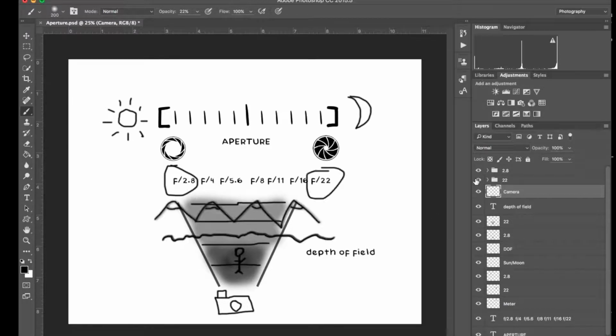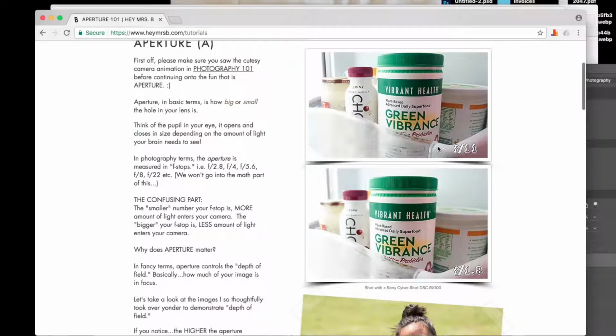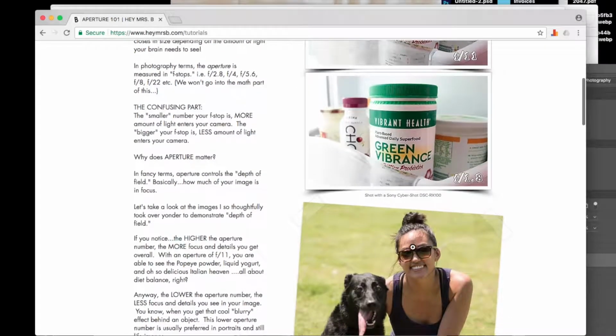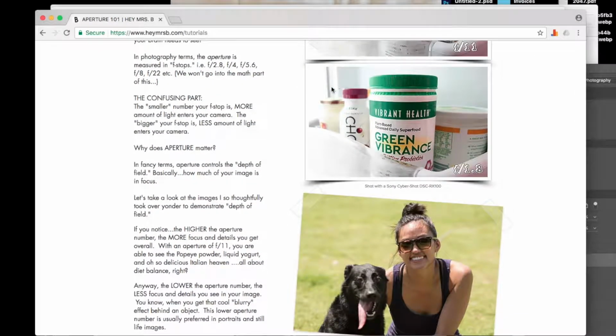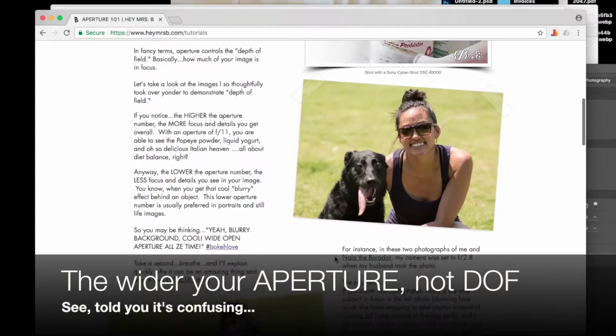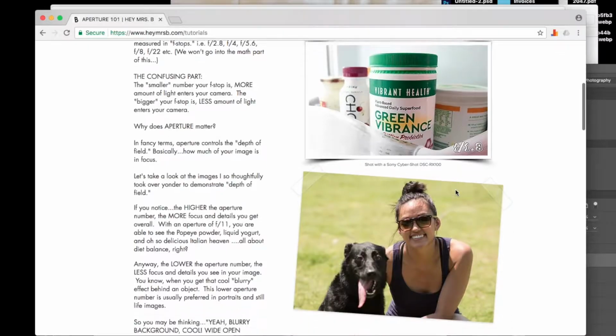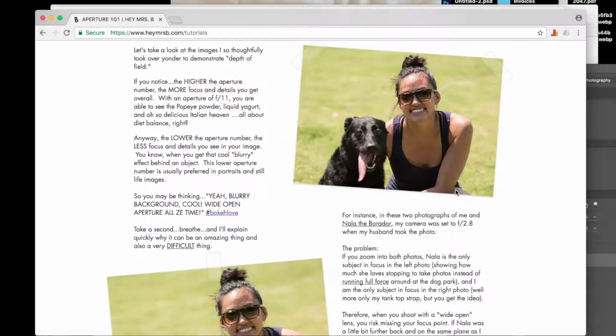So let me explain that with our example on the website. If you look here, f11 is going to be a very small hole, so we're going to see more. We see the Vibrant Health text, and then we even see the Classico here. But whenever our lens gets wider, we get a shallower depth of field. So Vibrant Health is in focus, but you can't see the Classico anymore. Okay, so the wider your aperture, meaning the smaller your number, you start leading yourself into issues with